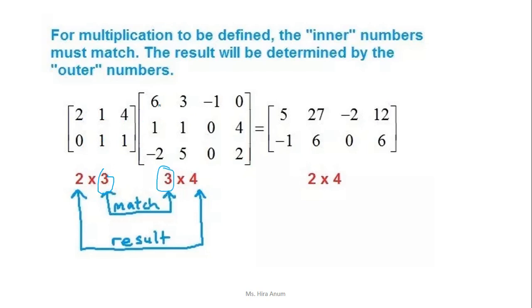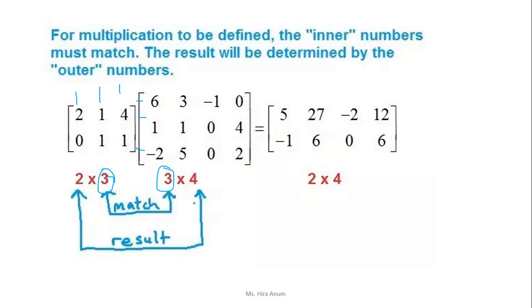The number of columns of the first matrix will be the same as the number of rows of the second matrix. If they are not equal, then the matrices cannot be multiplied. If these are the same, then it multiplies, otherwise it will not multiply. You can see this, these are 3 columns and these are 3 rows, so these are similar, so the result will